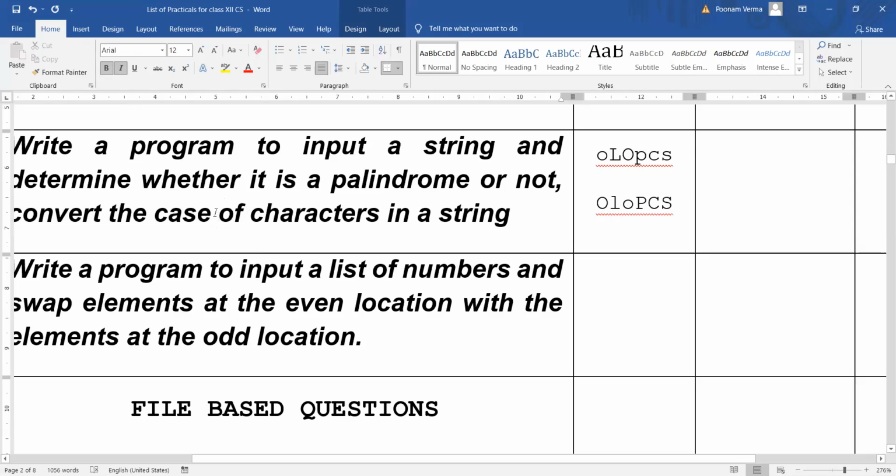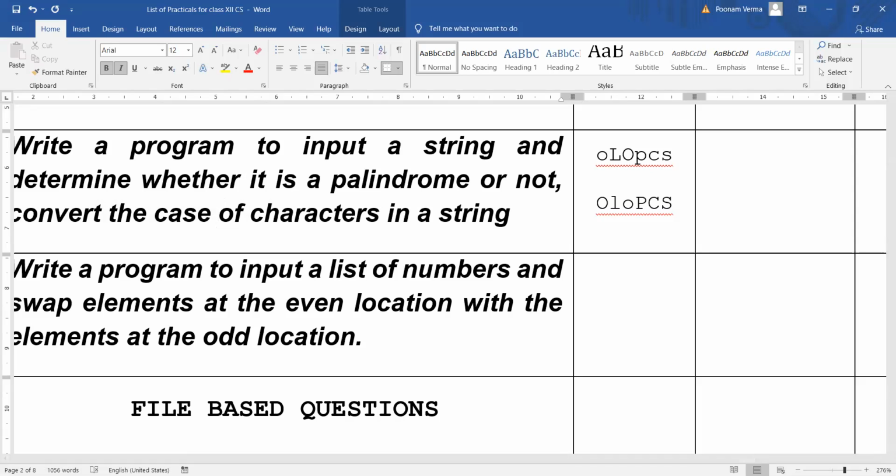There are two methods. First is, I'm just giving you one tip. There are two methods. One is you can directly use the functions. If you are using the functions, then you must know what functions are available for converting the case. And second, what I would prefer is to check the ASCII values, meaning Unicode values, and on the basis of that, you have to convert the case. We know uppercase means from 65 till 90. Similarly, lowercase means from 97 till 122. So like this, fine? Okay, so try to do it by yourself.